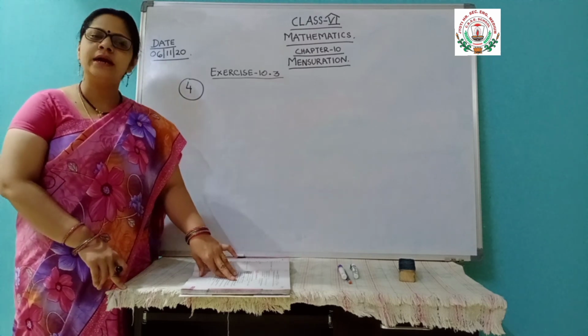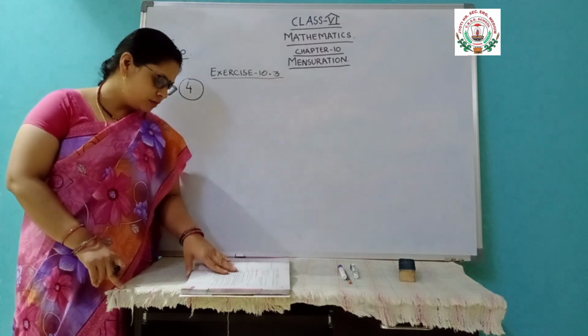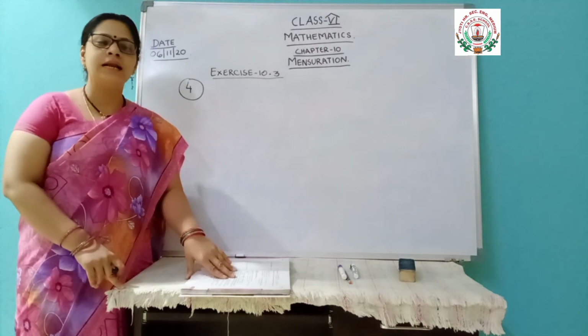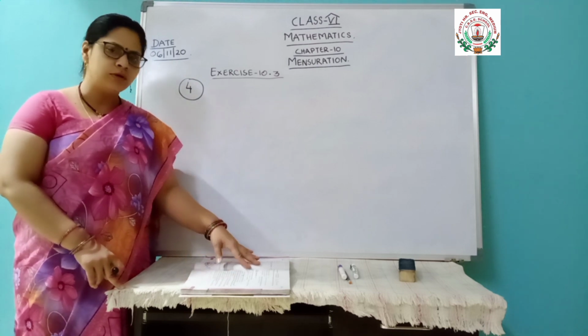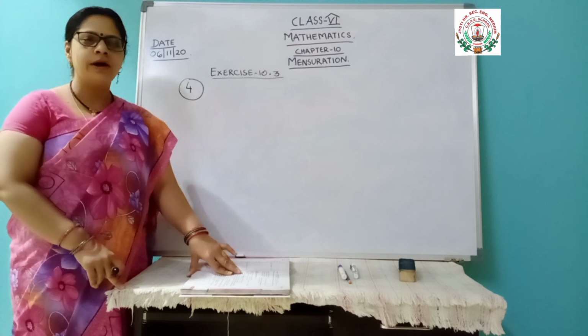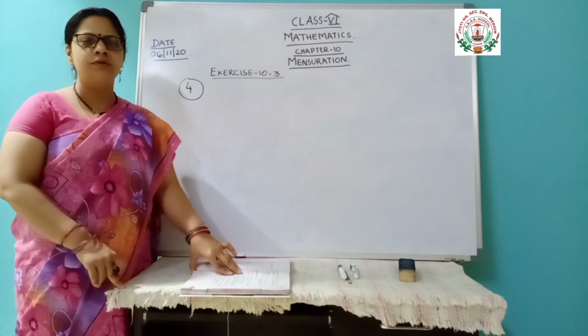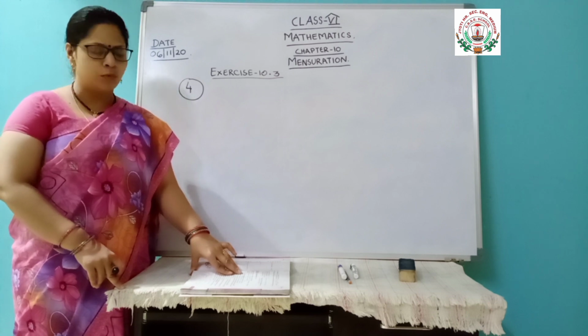In the third question, 3 rectangles are given and it is asked to write down which has the largest area and which has the smallest area. So as usual, like question number 1, you will just solve and find the area of the rectangles. Then you will tell which one has the largest area and which one has the smallest area.